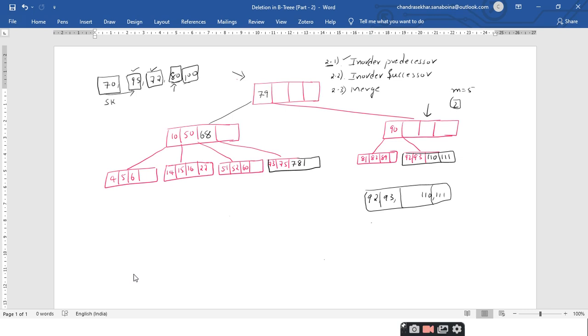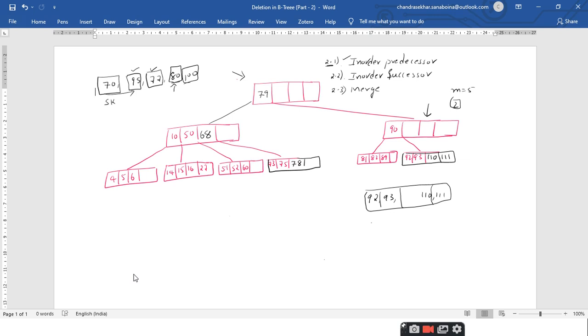Yes, sir. Then you have to perform the merge operation, right? So the left sibling consists of 3 keys. So it is able to donate it to its sibling, right?